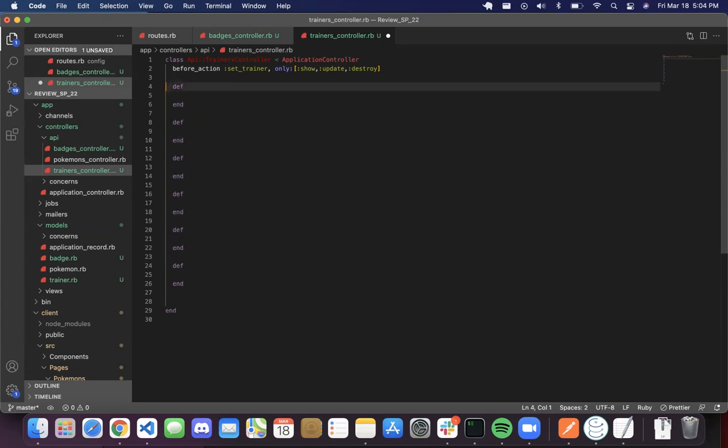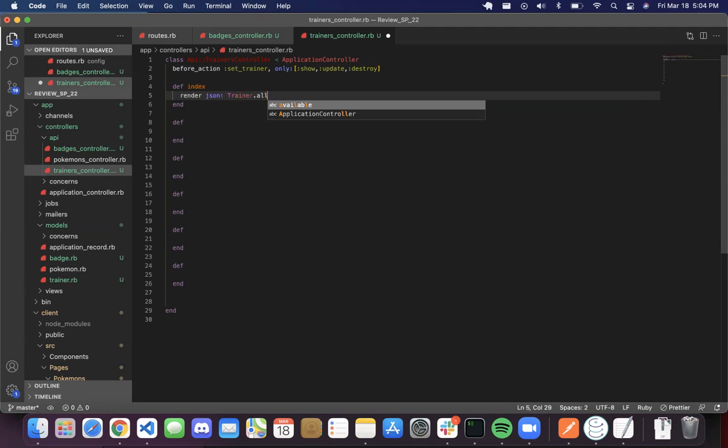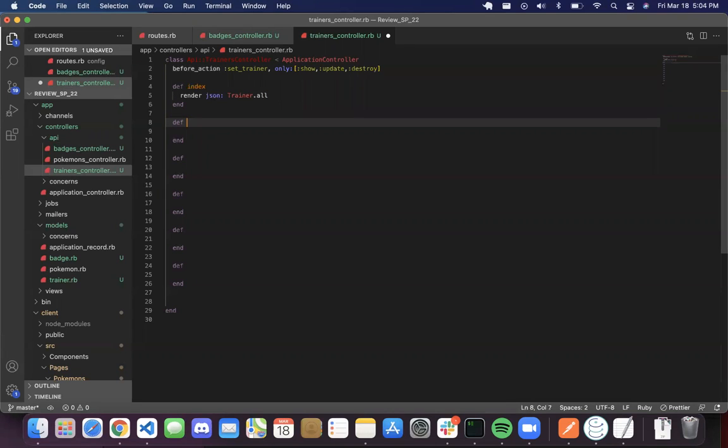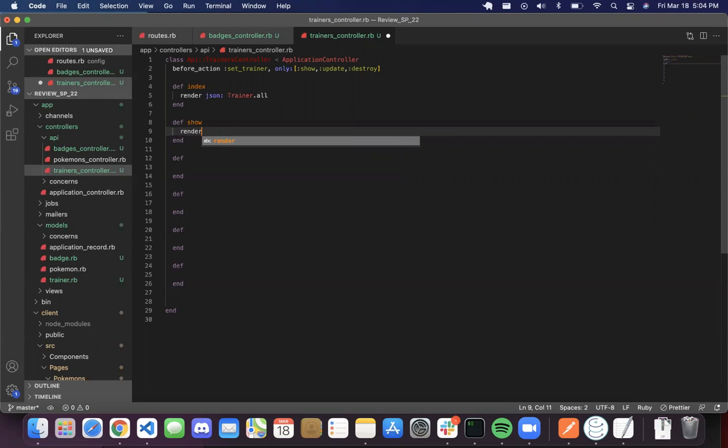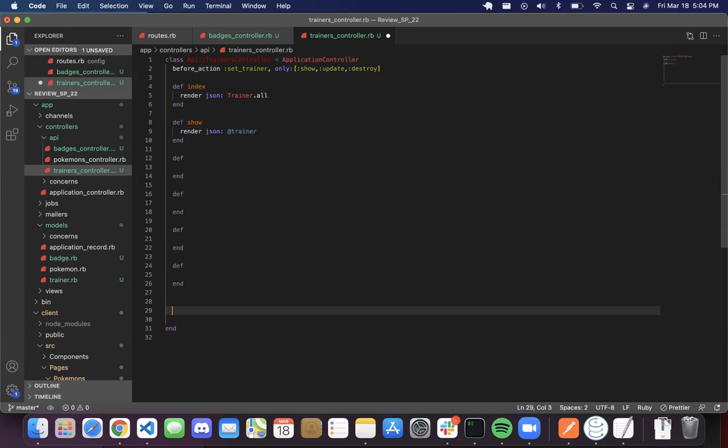So we're going to have index. I'll fill these in as I go. So render JSON trainer all. We're going to have show, render JSON @trainer, which really quick